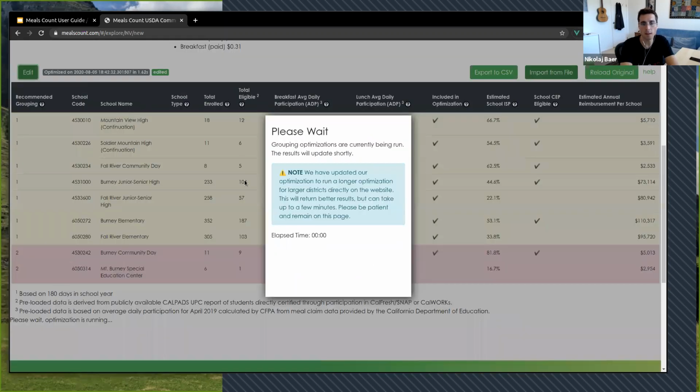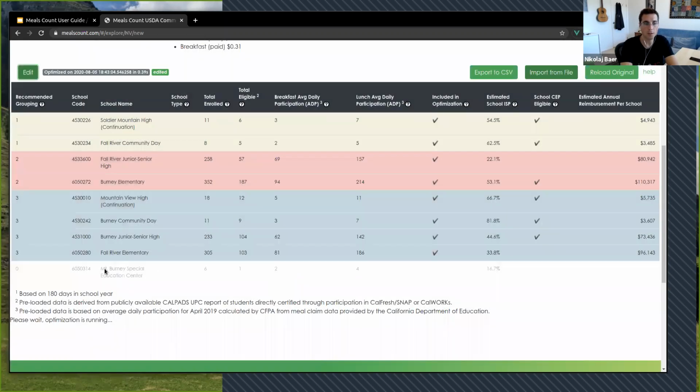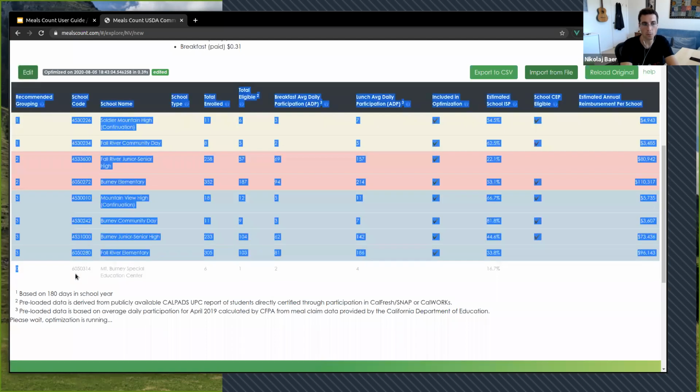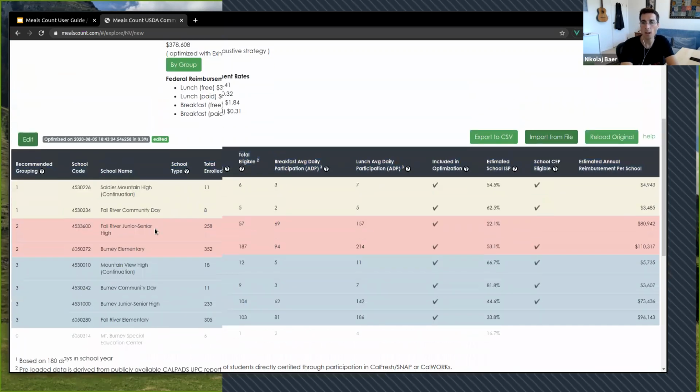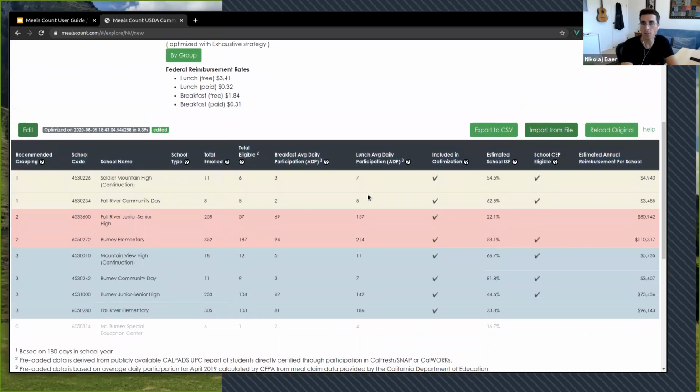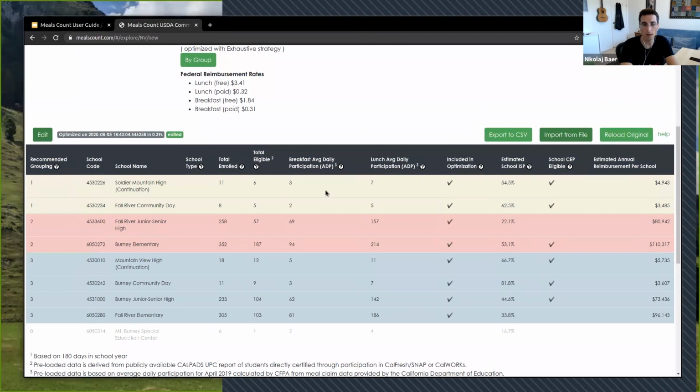So we submit again. And at this point, it's going to go in there. You can see it's grayed out in the 0 group because this is not one of the ones we're including. And then we now have a new grouping here. It's divided this into 3 different groups, and it's showing that this has changed. All right, so that kind of concludes my demo. I'll turn it over to Emily now, and hopefully it generates some questions.